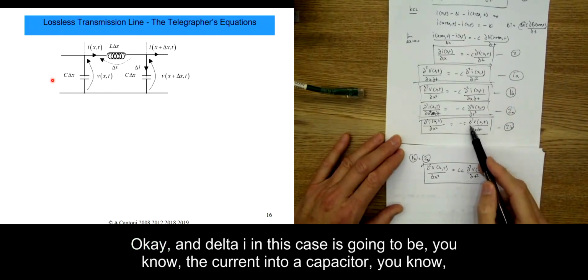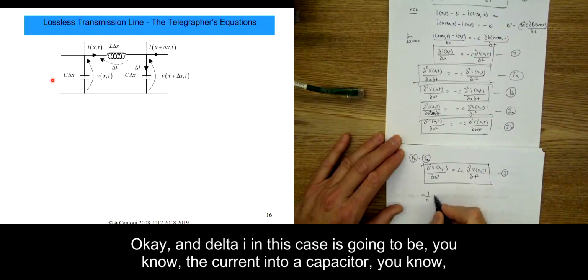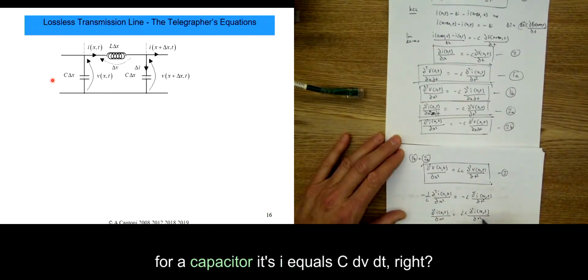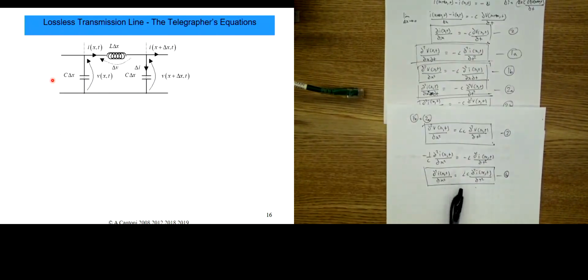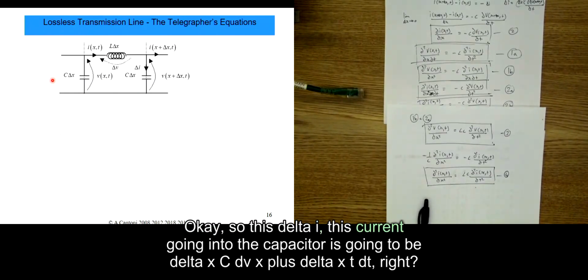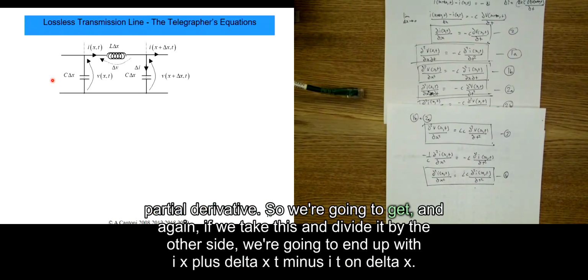And delta I in this case, because for a capacitor the current is I equals C dV/dt, this delta I, the current going into the capacitor, is going to be delta x times C times the partial derivative of V(x+delta x,t) with respect to t. Again, if we take this and divide by delta x,